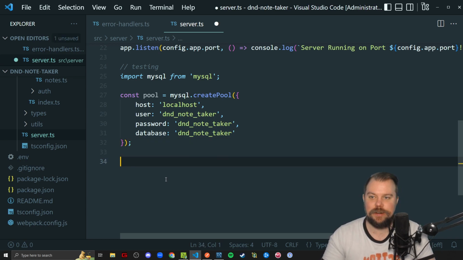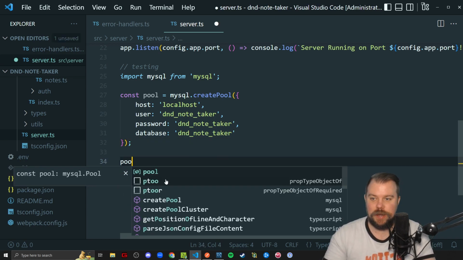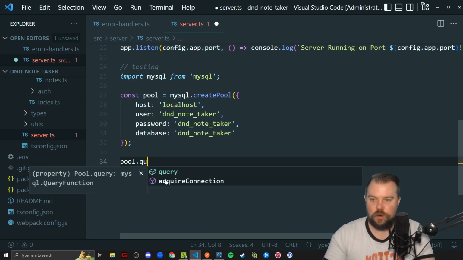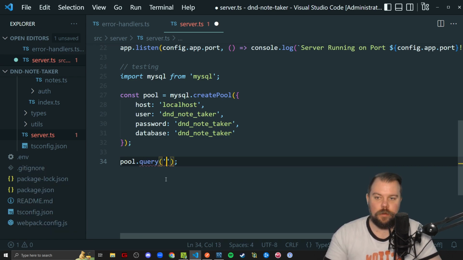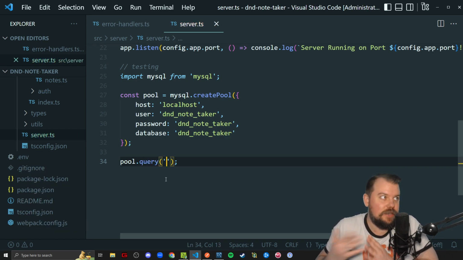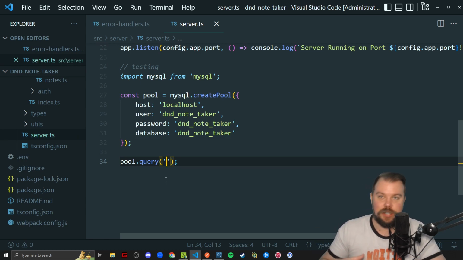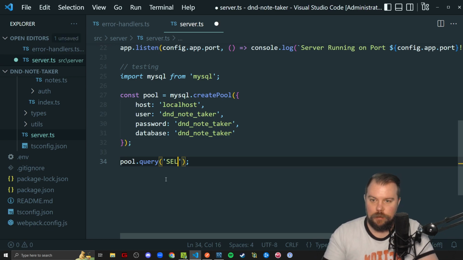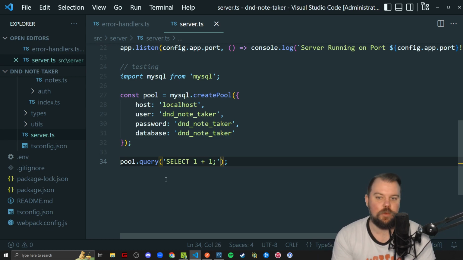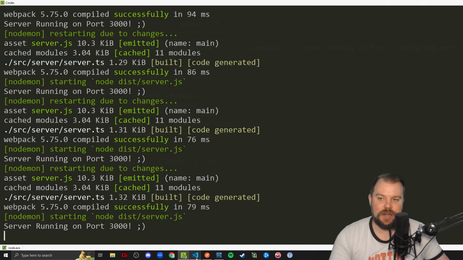We can test this now to see if it actually connected and works by writing pool.query. We don't have any kind of data to insert, update, delete, or select yet, but we can run the following, which is a simple select statement that will ask it to run the following query, select 1 + 1, which should return to us a value of 2. As of right now, this won't run anything, as you see here, because, well,